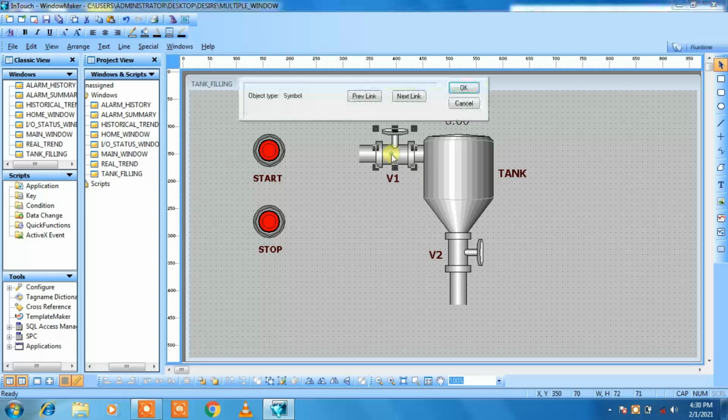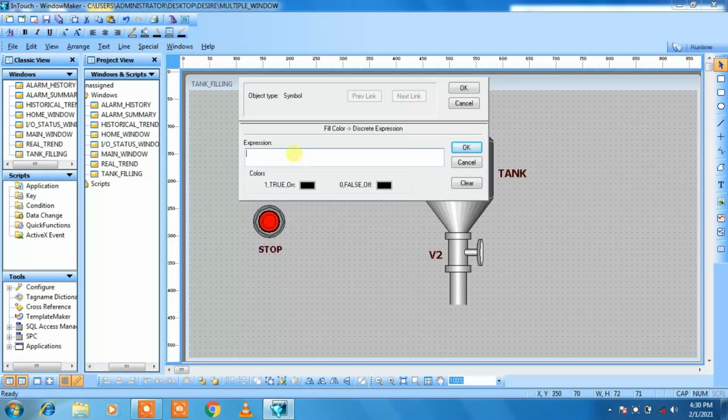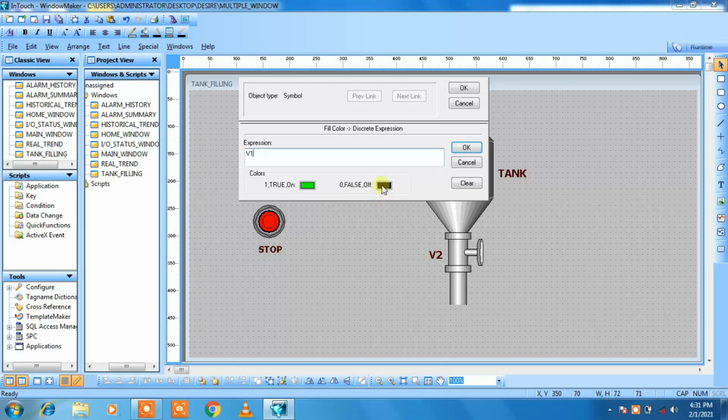Okay, so now double click on wall 1, property window will get open. Go to the fill color property and in that select district property, because I want to fill a color for two district values. Okay, so that is why I have chosen this property. Then click on next link and view the expression. Expression is nothing but what? It is similar to the tag name. So my object is wall 1. Okay, and we have to fill the color. So for true value I want to fill the color as a green. Okay, and for false value I want to fill the color red.